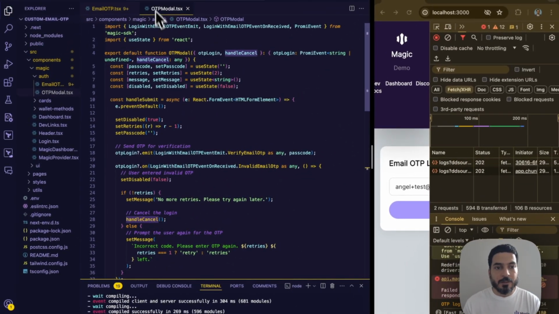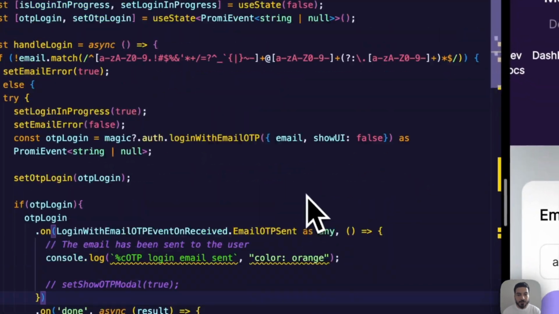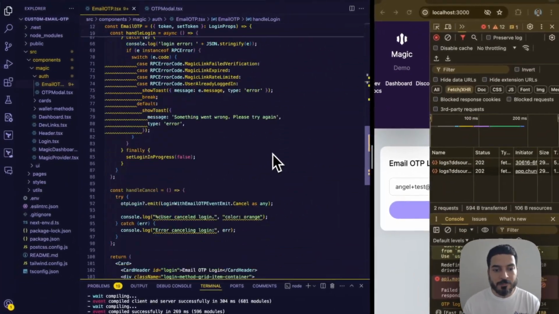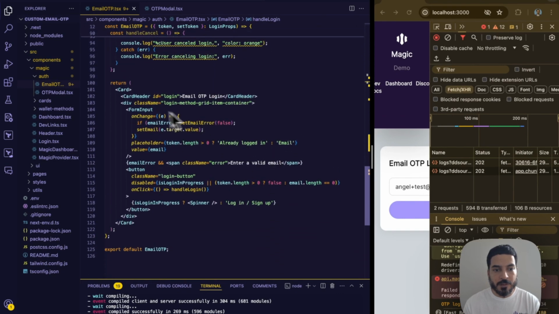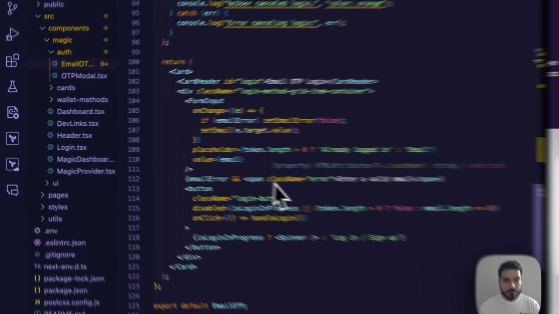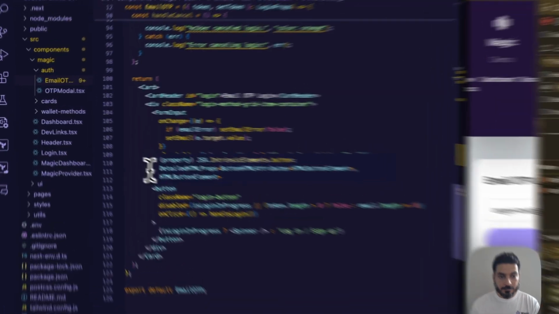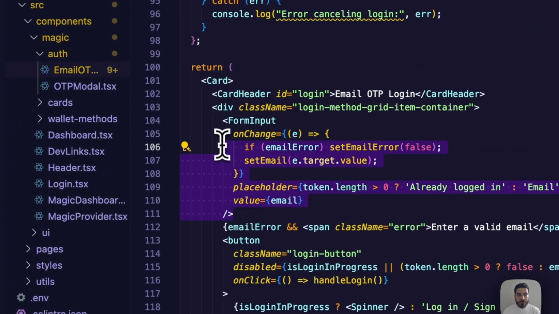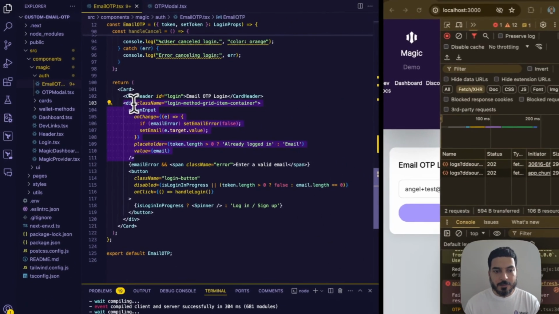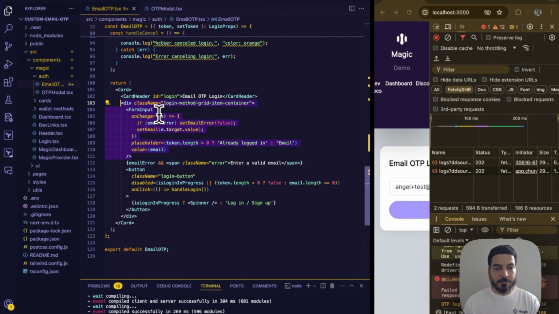Well, we do have an OTP modal now. We need to make use of this OTP modal. So I'm going to just scroll down here, and as you can see, we have our form for the email, but we want to determine whether we should show the OTP modal or not over this form. Right now I'm going to grab this div that contains the form input, and I'm going to replace it